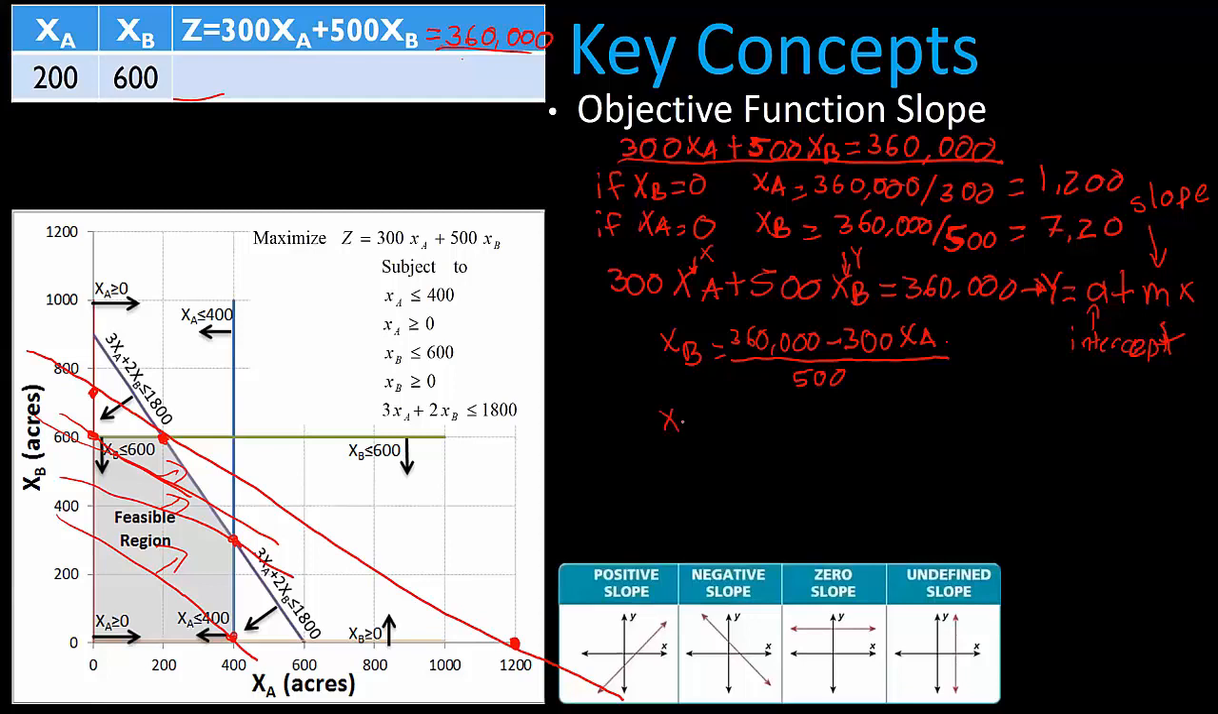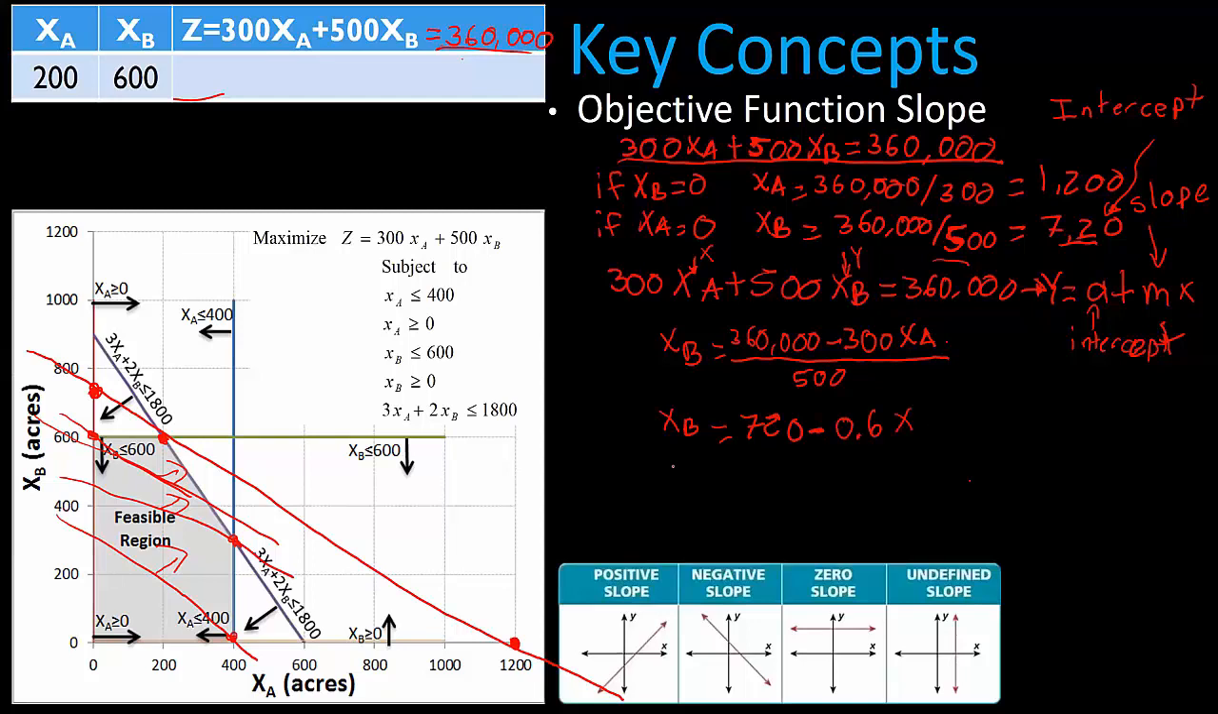In this case, xb, 360 divided by 500, that's something that we have already calculated. Is this 720? And we knew that it was 720 because this point here, this 720, this is the intercept. It is where the line crosses the y-axis. And then if we divide 300 over 500, it will be 0.6